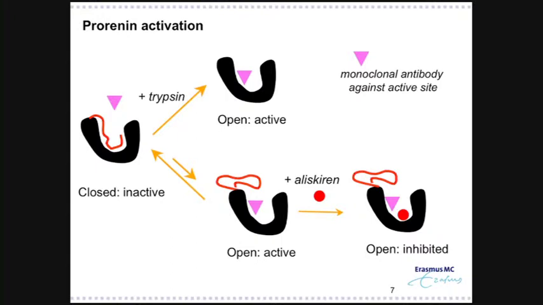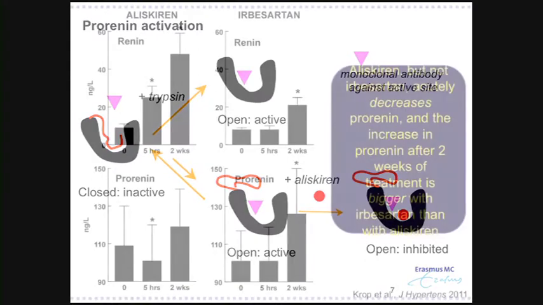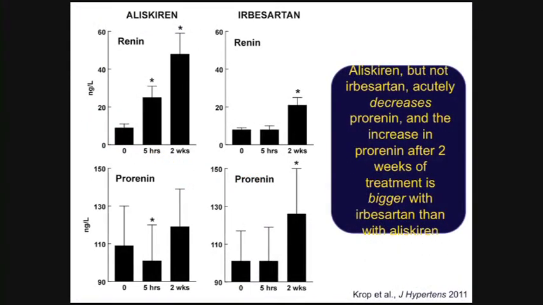And so what then happens is that the renin inhibitor will bind to prorenin in blood. The prorenin will become this open conformation. And in fact, when we then apply a renin assay, it will also already measure prorenin, as if it's renin. But in fact, it's still prorenin, of course. The prosegment is still there. And this is a problem. During renin inhibition, it means that perhaps we might overestimate the renin levels because we will also start measuring